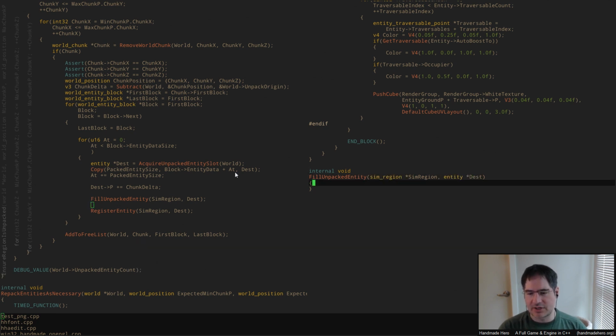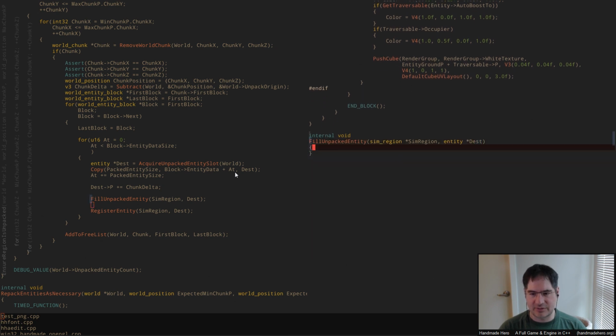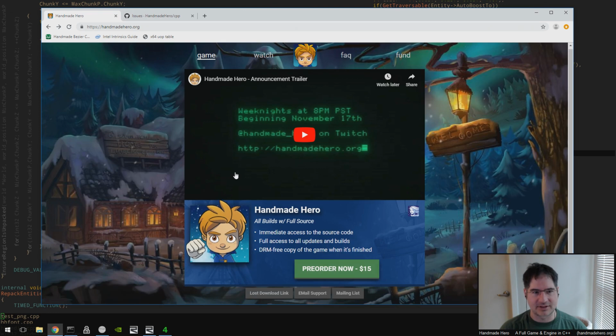But for now, what I want to do is have this little entity dest situation going on in here. And all I really want to do now is just have some way of creating that ground cover every time one of these entities comes into existence. And so, creating the ground cover is going to be pretty simple, at least at first. I actually have a kind of a...